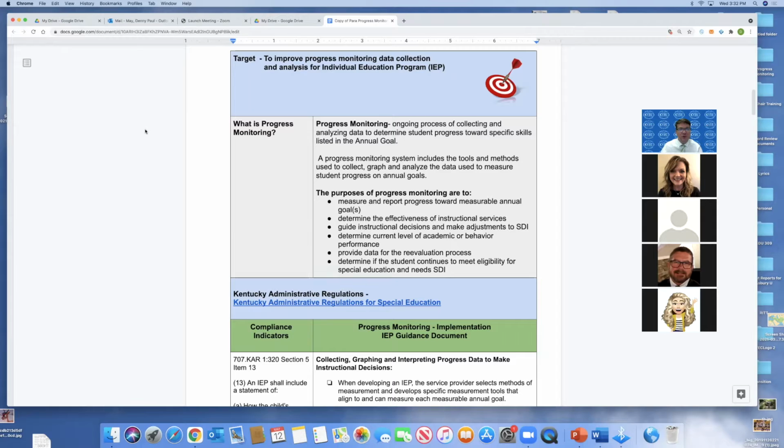Our target today is to improve progress monitoring and data collection and analysis for the individual education program. And so the first thing we need to establish is just what is progress monitoring. And per the IEP guidance document, which I also have linked within the body of this training or this virtual session, progress monitoring is the ongoing process of collecting and analyzing data to determine student progress towards specific skills listed in